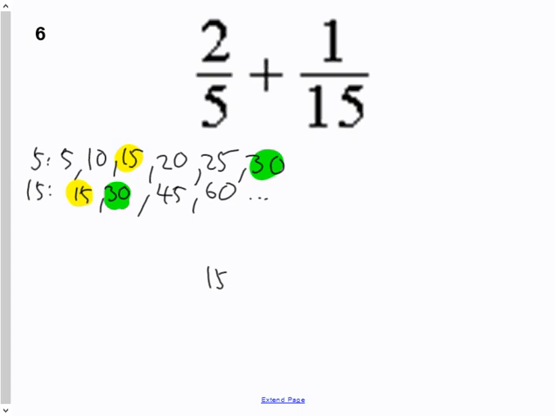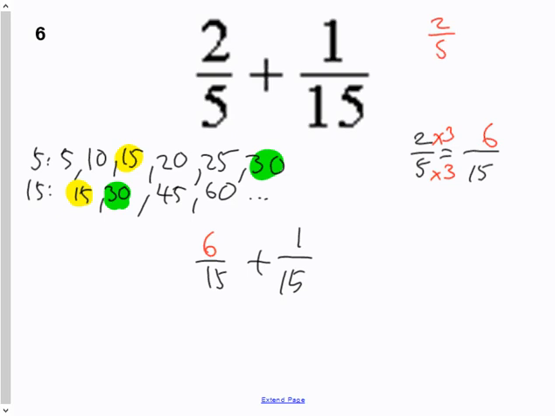So what I'm going to do is rewrite this question. Instead of doing 2/5 plus 1/15, I'm going to do something over 15 plus something over 15. Now, just like the last question, 1/15 is going to stay 1/15 because it's already as it was. And our next part is to figure out 2/5, that first fraction, is equal to how many 15ths? Well, I'm going to take my multiplier and say, what did I multiply 5 by to get 15? I multiplied it by 3. So if I multiply the top number by 3, I'm going to get 6/15. So what we can say is that 2/5 is the same value as 6/15. They are equivalent fractions.